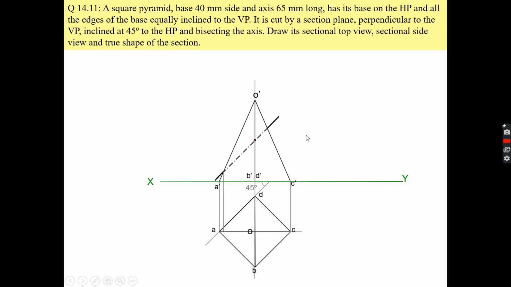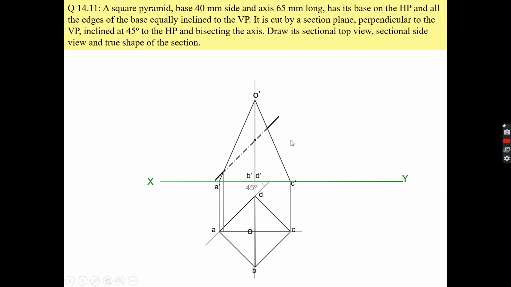Your section plane is parallel to the AC. You are cutting the solid like this. So what will happen? All the points on the slant edges will be at equal distance from the center point.